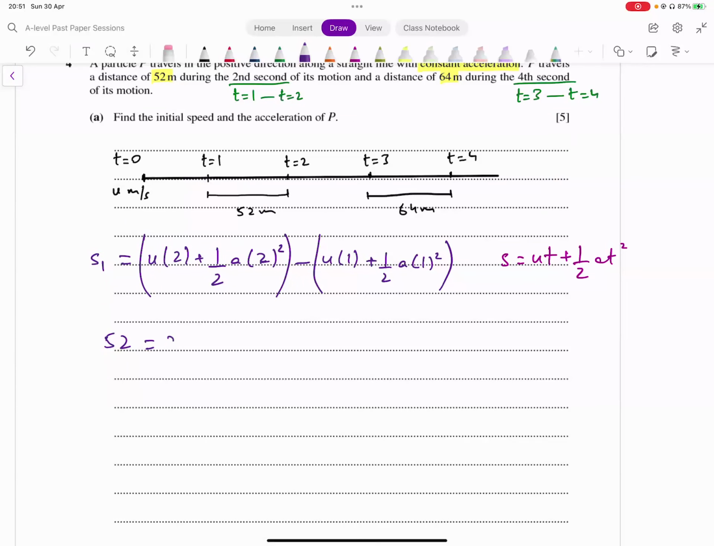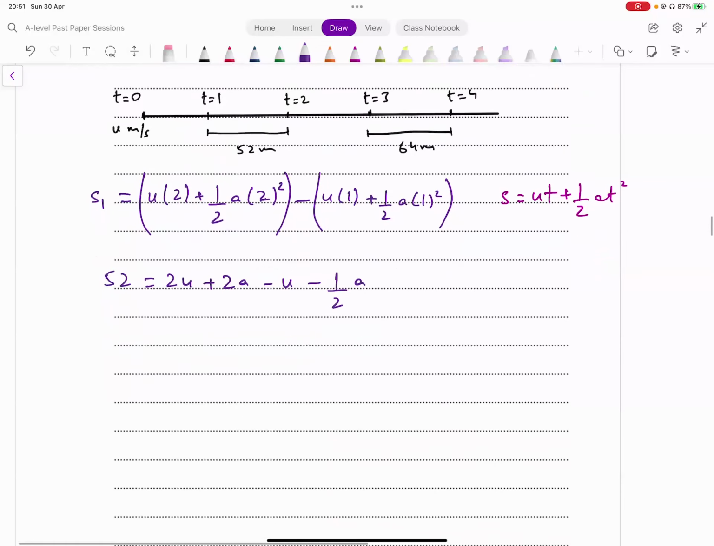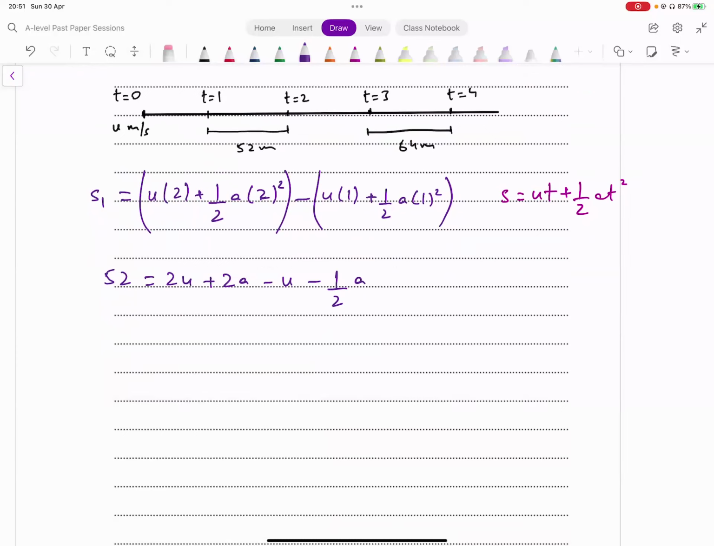This is one equation that we have। 2u plus 4 over 2, ये 2 हो जाएगा, plus 2a minus u minus half a। Okay, we could simplify this. We can just multiply the whole equation by 2 first of all. That's going to give us 104 equals, let's first simplify this। 52 equals u plus 2 minus 1 over 2 कितना आता है? 3 over 2 times a। अब 2 से multiply कर दें, that's going to give you 2u plus 3a equals 104। This is one equation that we have between u and a।